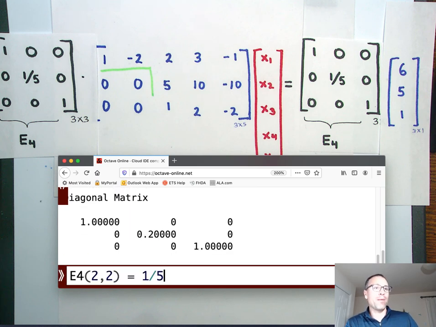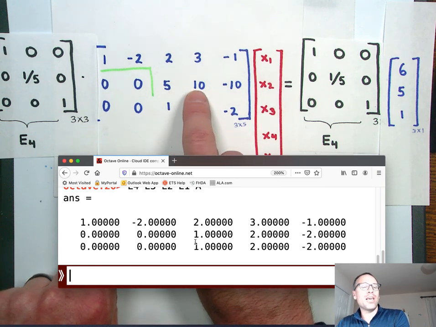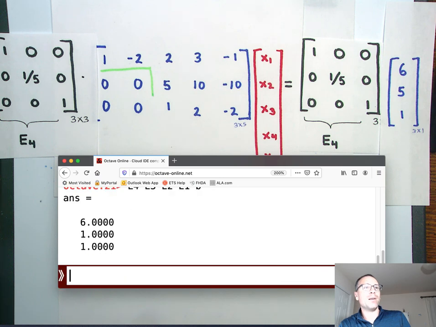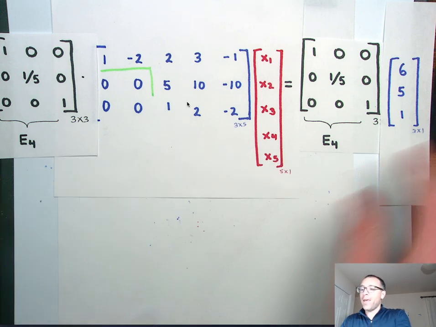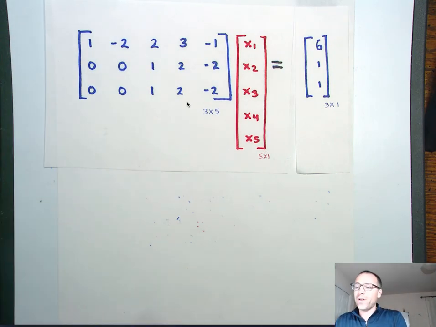Now, when I push the up button, I'm going to get to the third to last command that I ran. Oh, sugar. So this is going to be E4 times, that will give me that number that I wanted to be 1. It also scales the entire row, so it scales that down by a fifth and down by a fifth. If I do that to the left-hand side, I should also do that to the right-hand side. Now, I'm going to claim this multiplication yields the equivalent linear systems problem, and we're in the exact position that